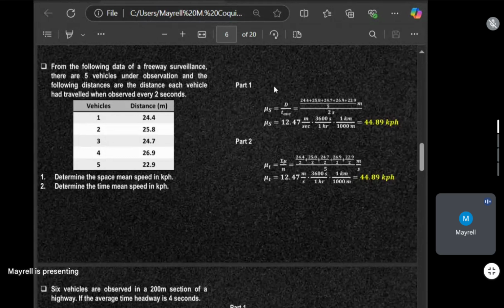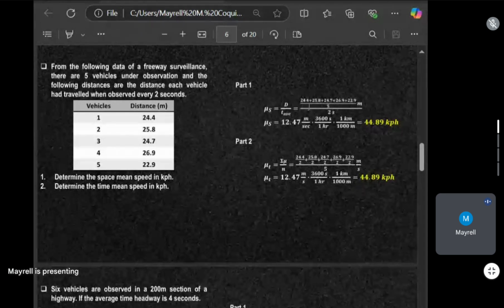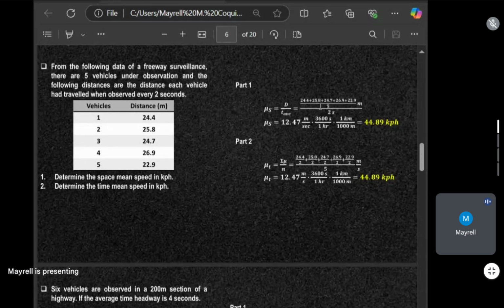So part 1, for the space mean speed, distance over time. So distance, average of the distance of the 5 vehicles: 24.2 plus 24.4 plus 25.8 plus 24.7 plus 26.9 plus 22.9 over 5, all over the time, which is 2 seconds. So mu s is 12.47 meters per second times 3,600 seconds over 1 hour times 1 kilometer over 1,000 meters. So it will be 44.89